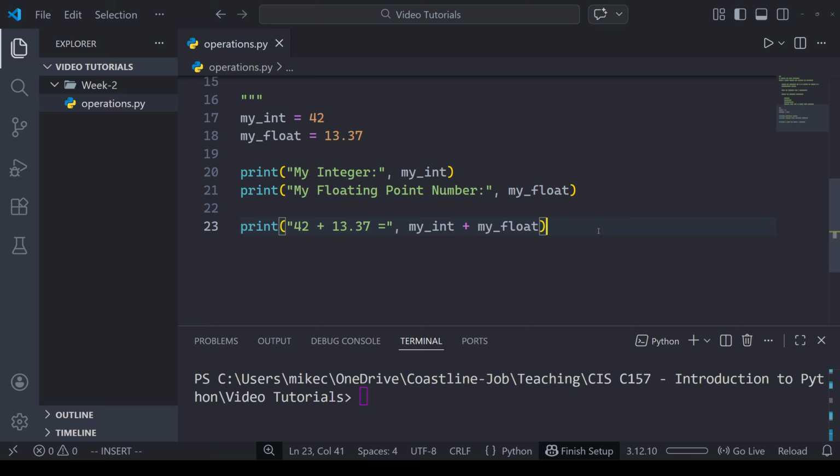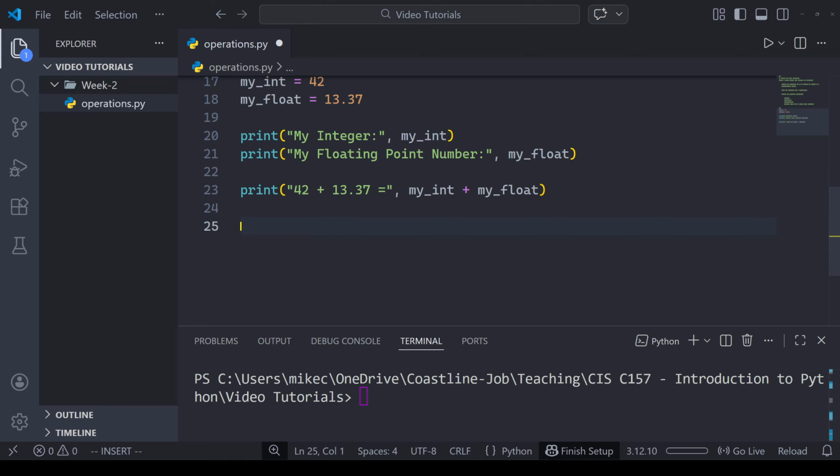All right, and so that's our addition operation there. The next one I want to show you is division. I'm sure you can figure out subtraction just doing it the same way. You'll just have to change the operators that are printed out here, and then subtraction will work. And then I'm going to skip over multiplication because division, there's two different types of division in Python. Again, this is discussed in Net Academy.